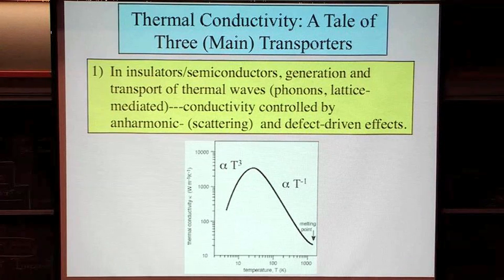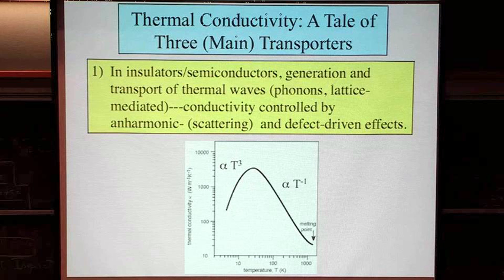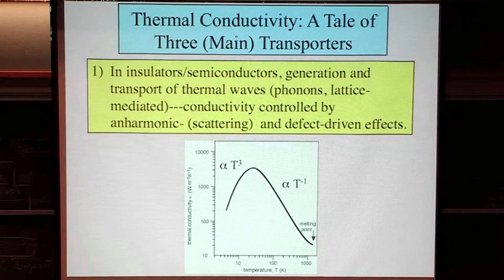Okay? And this actually mirrors very closely what happens with the heat capacity of a material. How much temperature it takes to heat up a material by 1 degree Kelvin scales as a T cubed law in this region as well. So it's basically just what the vibrational field within the sample of oscillating atoms looks like. Then you get to a turnover point, and you get a precipitous decrease in the thermal conductivity. And that goes fairly linearly as 1 over temperature.